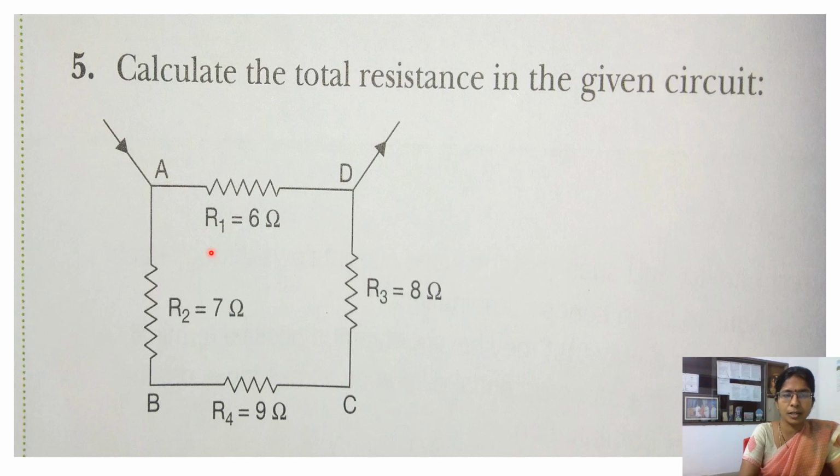Here you can see that the resistors R2, R4 and R3 are in series combination, because end-on-end, R2 is connected to R4, and this R4 is connected to R3. But R3 is not in combination with R1 here, so the combination is changing there. Whereas these are in series combination: R2, R4 and R3. So we can calculate the equivalent resistance of them.